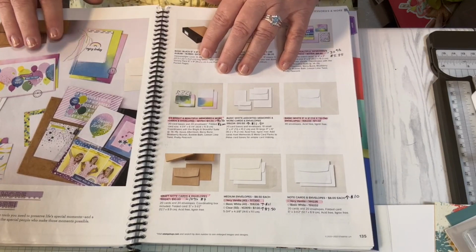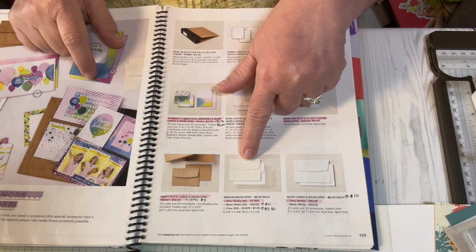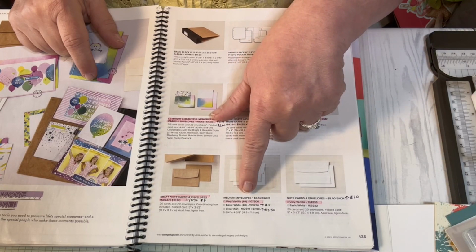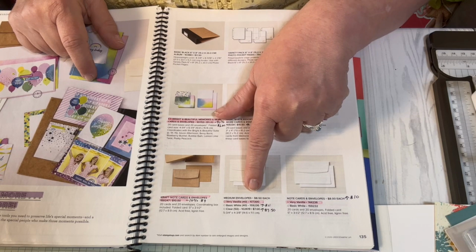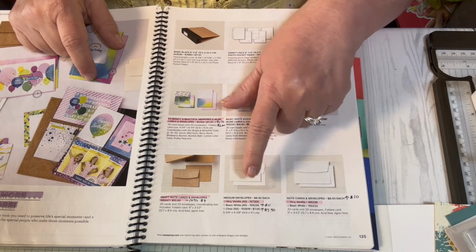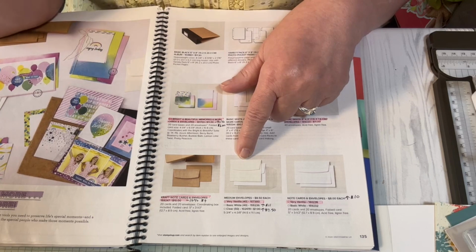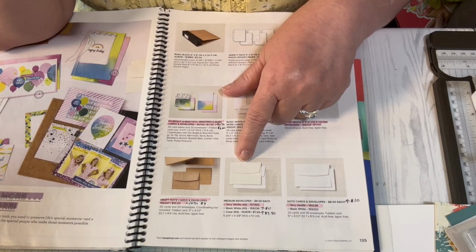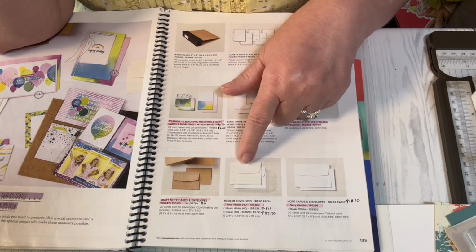Okay, so specifically, the very vanilla envelopes. There's 40 in a pack, and they are $8.50. The very vanilla are retiring. So if you want those, you'll want to hop on and get those quick. I probably wouldn't even wait until tomorrow to get it because